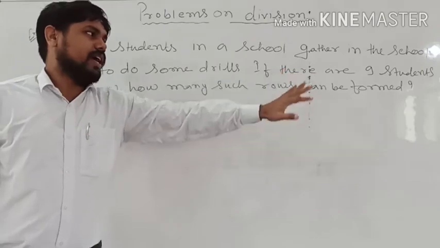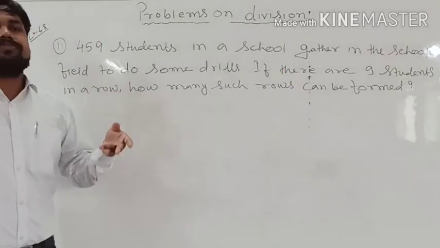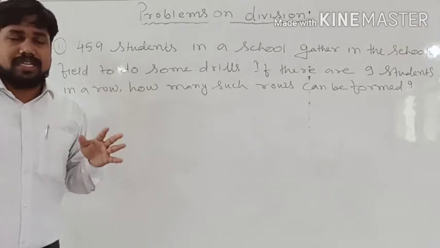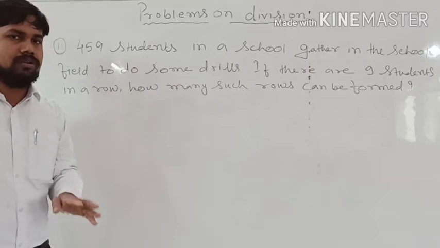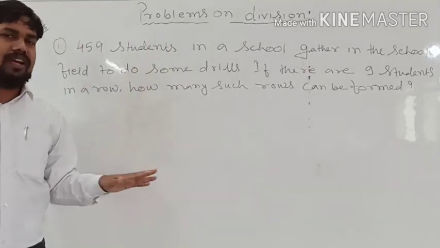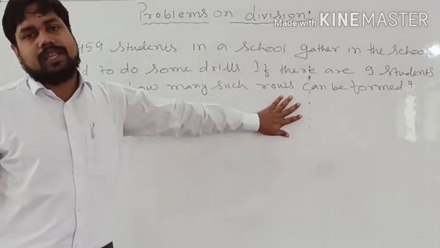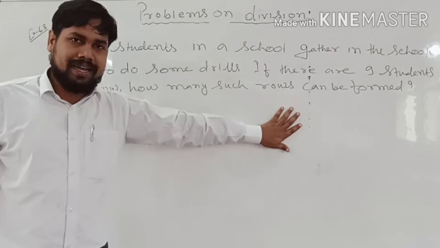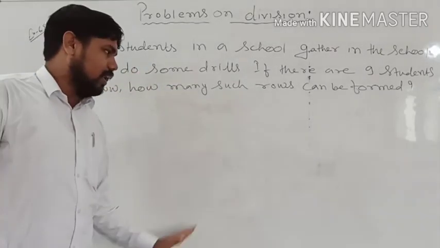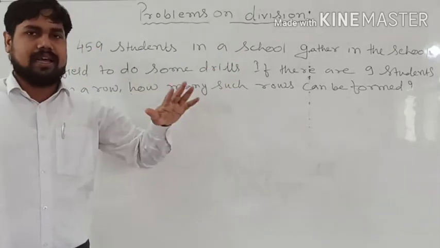So if there are 9 students in a row, so आप suppose assembly में ही हम लोग खड़े होते हैं, तो जितने भी total students हैं उसमें से अगर मैं ये बोल देता हूँ कि आप लोग को एक एक रो में 9 students ही stand करना है, उससे ज्यादा नहीं होना चाहिए. So how many such rows can be formed? तो कितनी रोज हम लोग का उसमें बनेगा? तो टोटल नंबर इतना है, इसको अलग अलग रोज में खड़ा करना है, लेकिन एक रो में 9 स्टूडेंट से ज्यादा नहीं होना चाहिए.